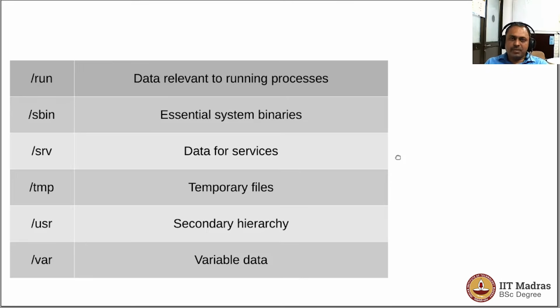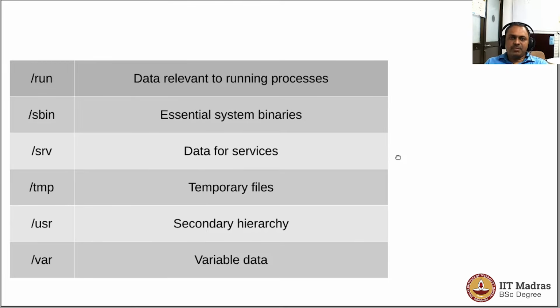Every user will have permission to write files to this particular folder, and one should not expect such files to be available after rebooting, because in many computers the configuration would be such that upon rebooting the /tmp will be cleaned up. /usr is a secondary hierarchy for the file system which is shareable.